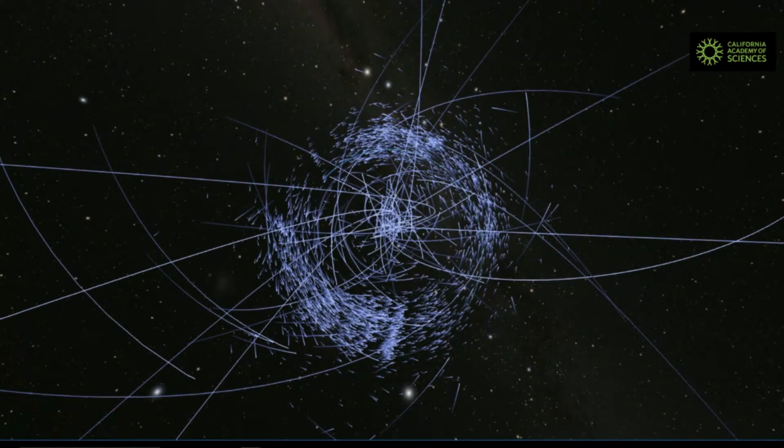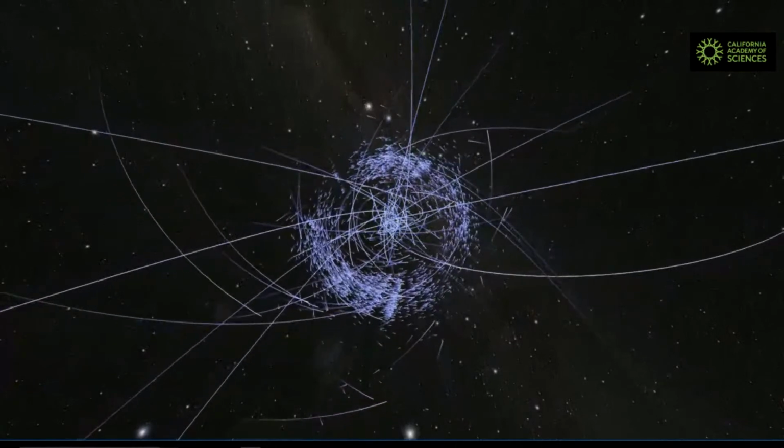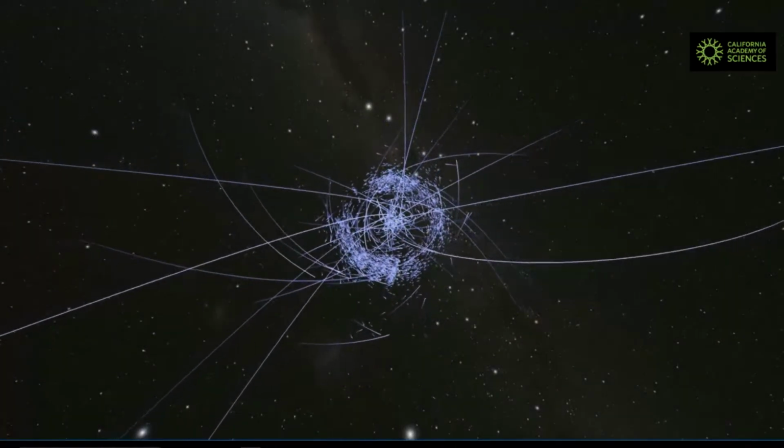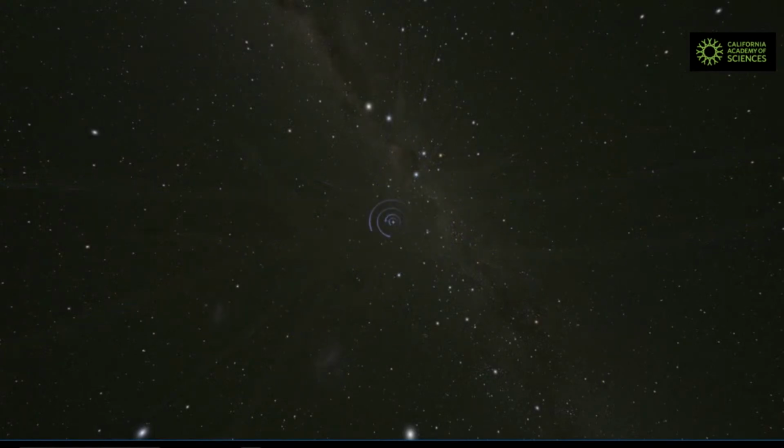So it hasn't bullied the little guys out of its way. And that's why there's so much stuff out here. And that's why astronomers now have classified Pluto as a different kind of object, a dwarf planet. And as we travel even farther out, I'll add one more thing out here, which is the paths